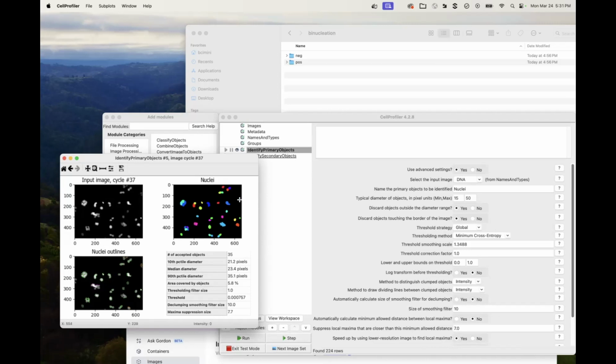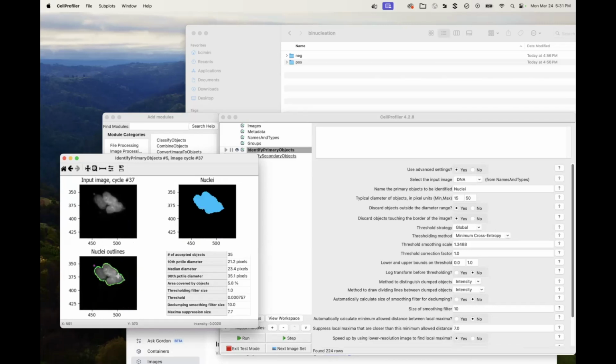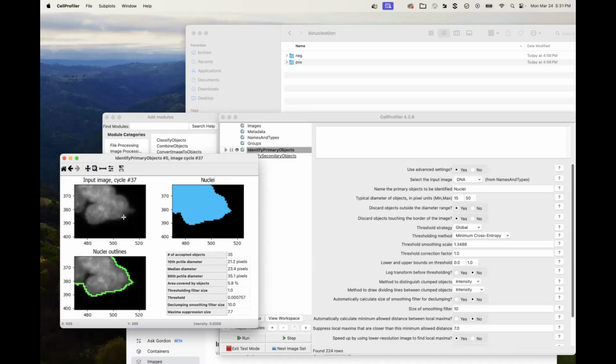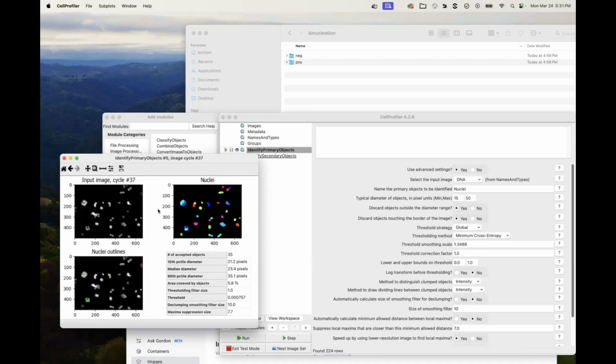But this is hard. Especially if we zoom in on some of these ones that aren't doing a good job, even then, I think those are two different. I think there are four nuclei here, one, two, three, four, but even I'm not totally sure. Or it could be three, right? Maybe it's one horizontally, two at an angle. I don't know. That's tricky. I think that's a ridge. I think there's four, but it's very hard to say.